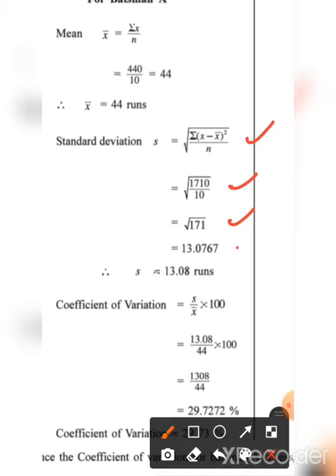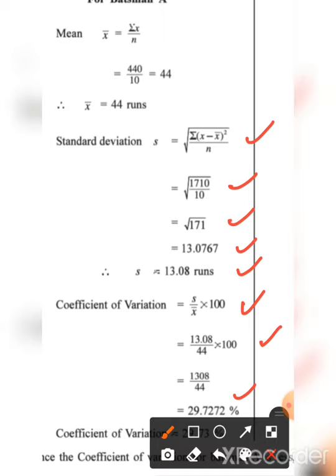As you take the root of it, writing up to 2 decimal places, you will get 13.08 runs, and that is your standard deviation. But to do the comparison, we need the coefficient of variation. We have seen the formula for the coefficient of variation is standard deviation divided by mean into 100. We will take the values from above: standard deviation 13.08 divided by your mean 44 into 100, and as you solve it, it is 29.7272 percentage, and writing up to 2 decimal places, it is